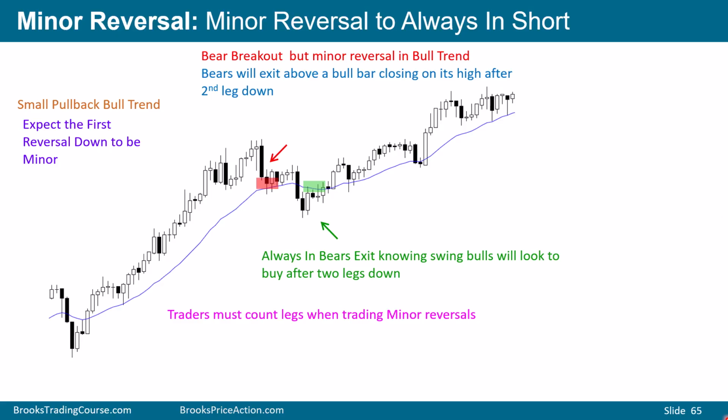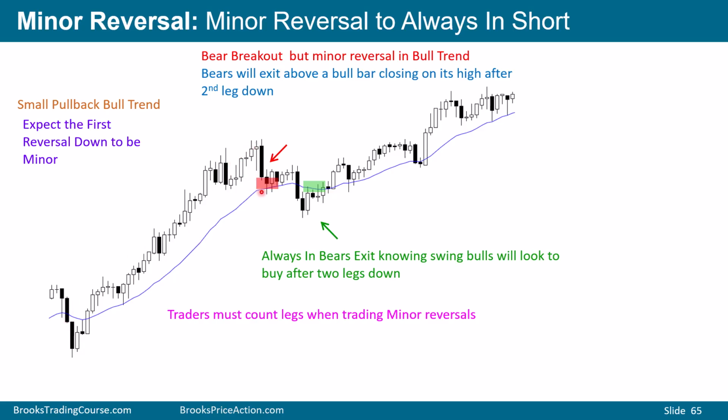And therefore, they'll sell below the bar, which is not ideal, or above it for a scalp in a second leg down. But they know that a lot of traders are going to buy back their shorts over here. And this is an example where it can be dangerous for the always in bears to sell hoping for a second leg. This is what traps a lot of traders. They end up looking for the reversals. They miss the entire rally.